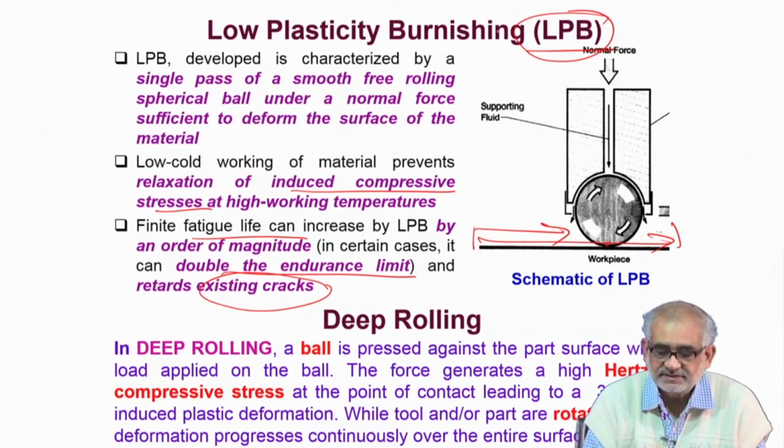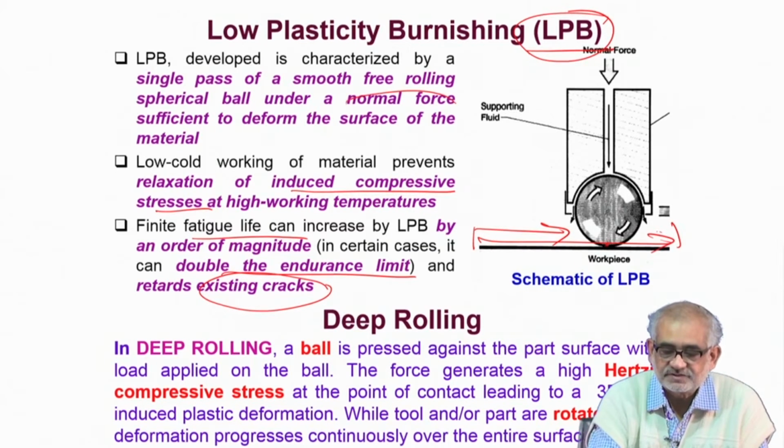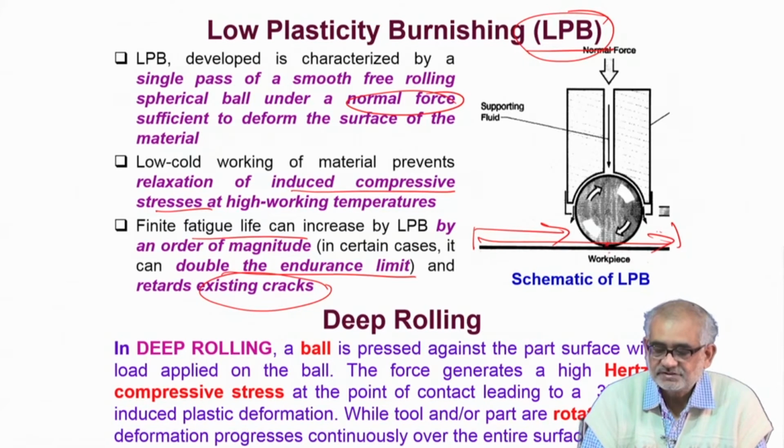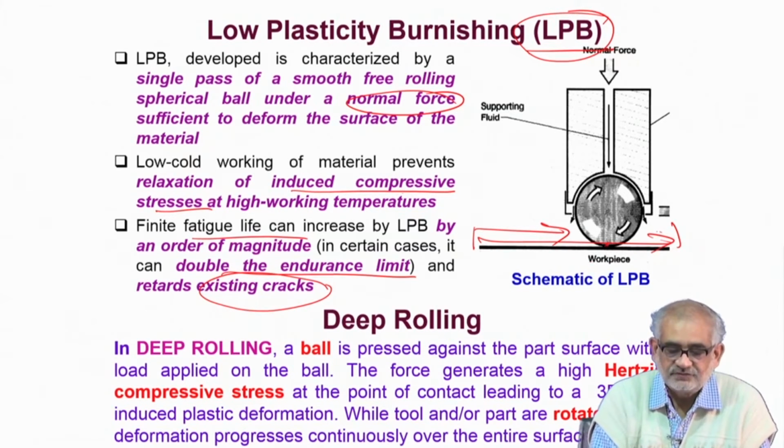But this burnishing is through a mechanical means where the ball rotates onto the surface with application of a certain amount of normal force, which creates a very thin deformation layer onto the surface, which goes on to create certain compressive stress, or at least prevents relaxation of compressive stress onto the surface. So it can turn a tensile into compression, or it can prevent relaxation of compressive stress created by some